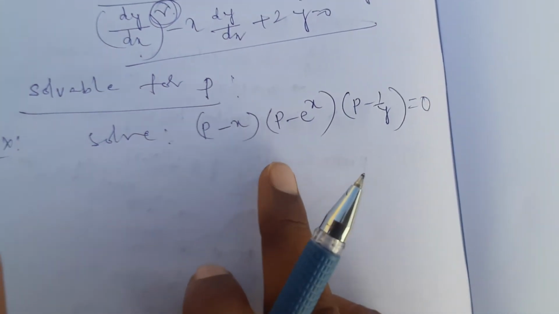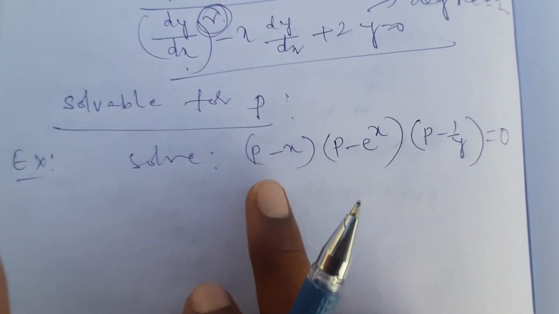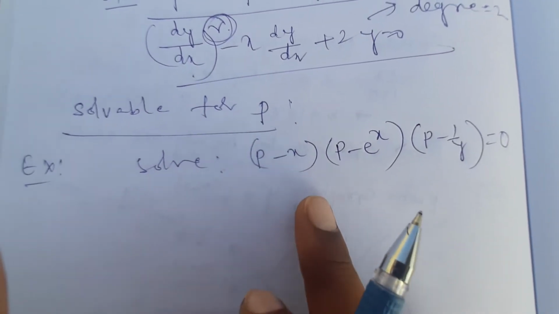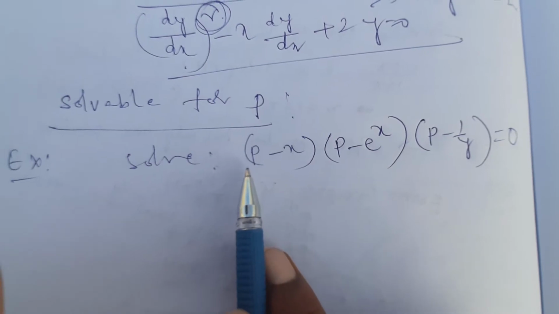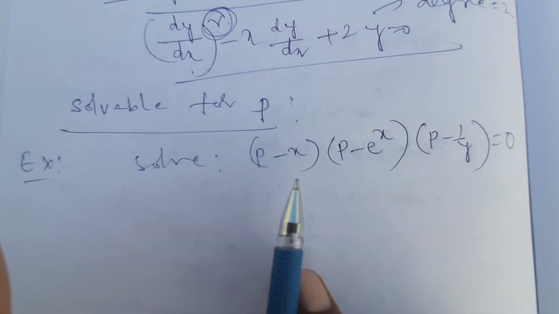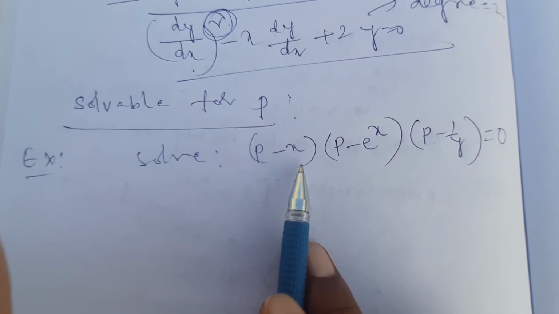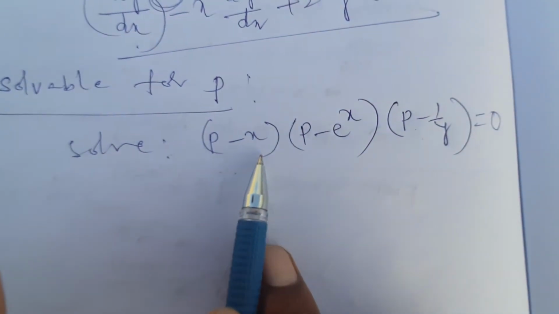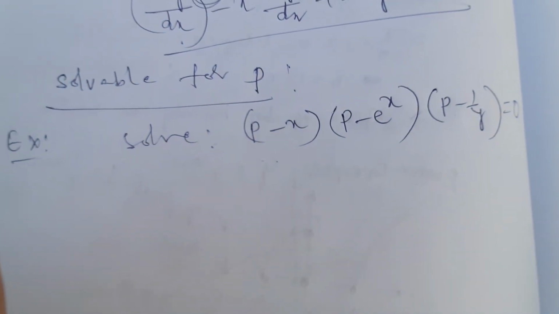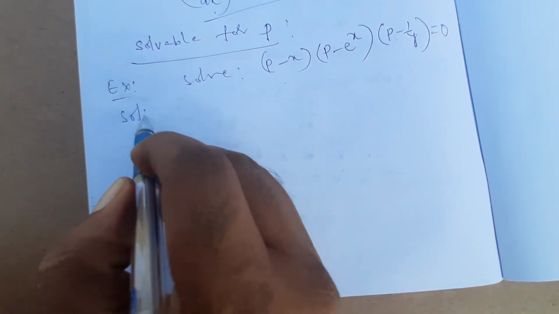If you observe this differential equation, what is the p value? P is nothing but dy by dx. First of all, what is the order of this differential equation? Order is equal to 1 only, since p means dy by dx, and here it is also dy by dx, and this is also dy by dx. But if you multiply the whole equation, you will get (dy by dx) whole cube. So it is first order, but the degree is higher: for this differential equation the degree is 3. Then how can you find the general solution for such equations? Now for this one, listen all of you.